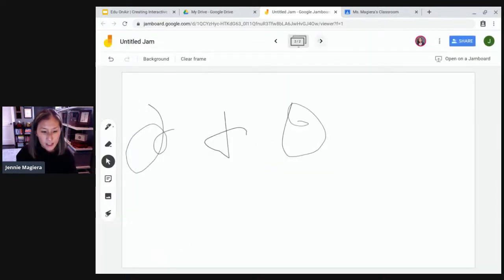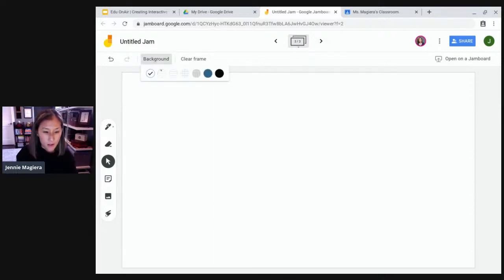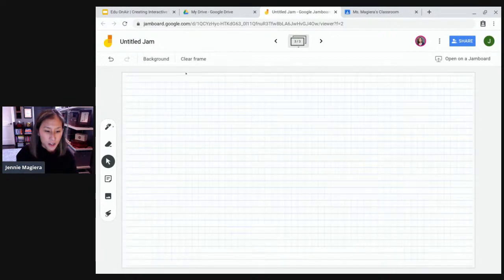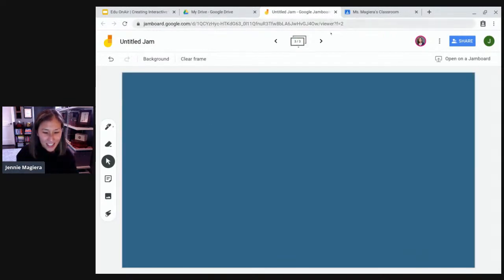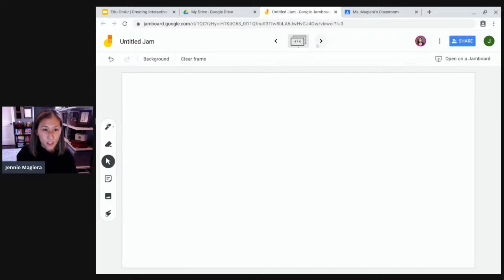Another great thing here is I can create different backgrounds. So I can have dot paper, ruled paper, graph paper, just so many different things that I can do. And you can see up here, I can have different slides, if you will, or different frames that I can click through. So as a teacher, I can set up a jam and I can actually share it with my